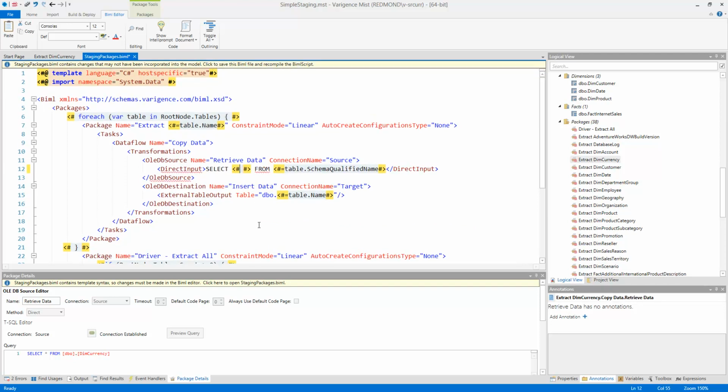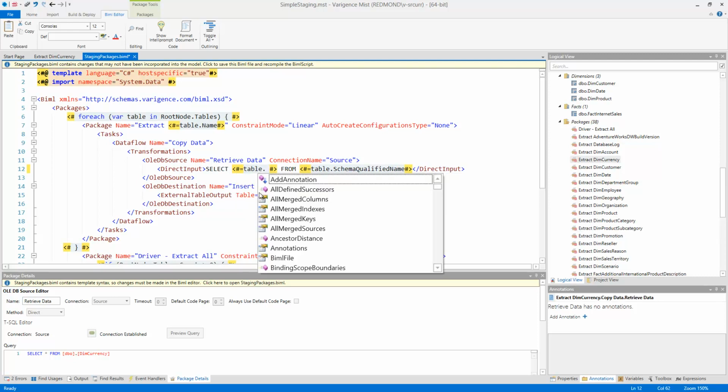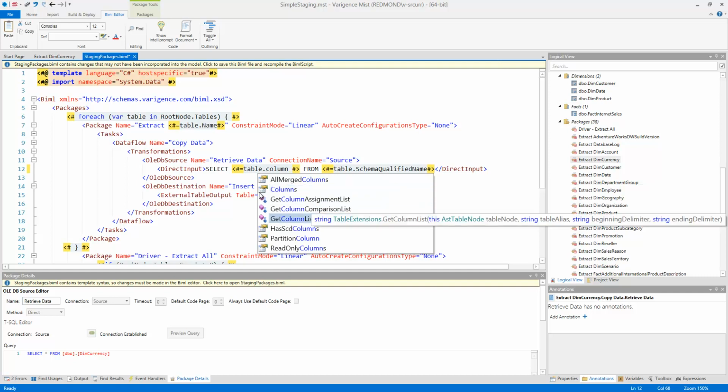Now, one of the great things about Biml is that we not only provide methods to do the basic things that correspond to these tags, but we also have methods and properties that are helpers for very common tasks that you need to do with SSIS packages or with SSAS cubes or with relational work. So in our case, if I go ahead and do table dot, I get a list of all of the things that I might be able to do, and I want to get a column list instead of having to do star. So I type in column, and I see that we now have an option here called Get Column